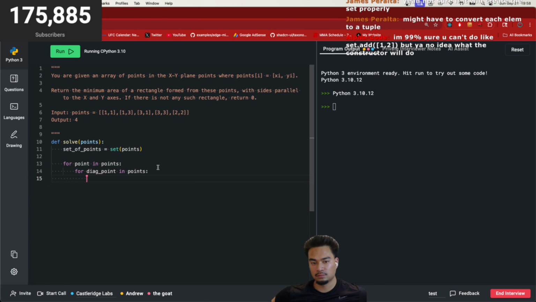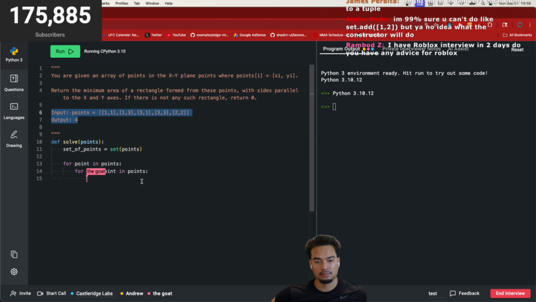But are we given tuples or are we given arrays? This is the input we're given. So it's arrays, right? Yeah, like not tuples. Oh wait, I don't think this first step would even work then, because only tuples are hashable, because lists are mutable. Like assuming that works though, then oh no, I think you could do something like